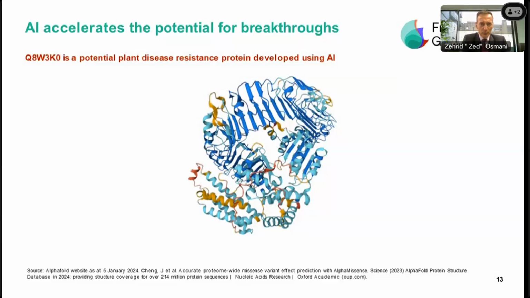And that record unfolding using AI has already led to some breakthroughs. In this case, a protein potentially leading to plant disease resistance. We've had some proteins that are able to eat into plastic waste. Some proteins that have led to some antibiotics coming through, which again really highlights the potential for speeding up of breakthroughs that AI is already unleashing and will continue to unleash.